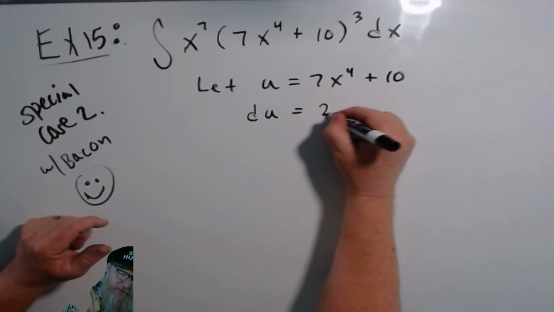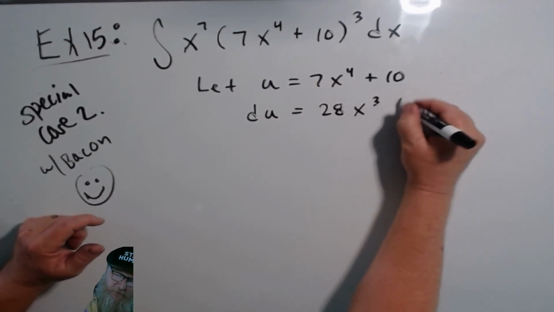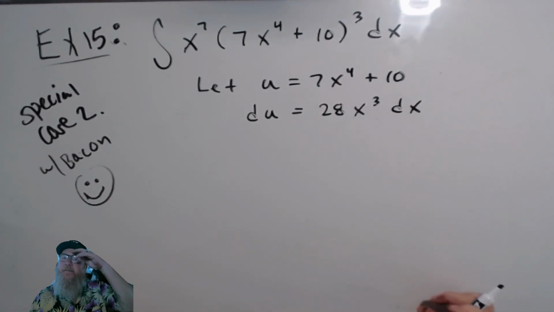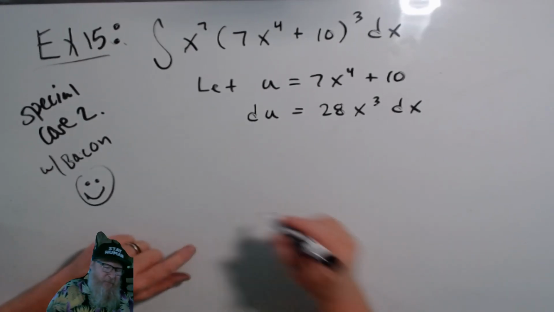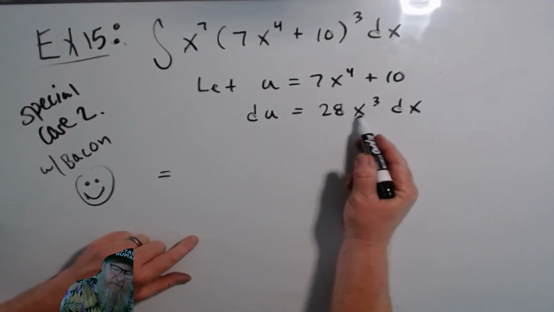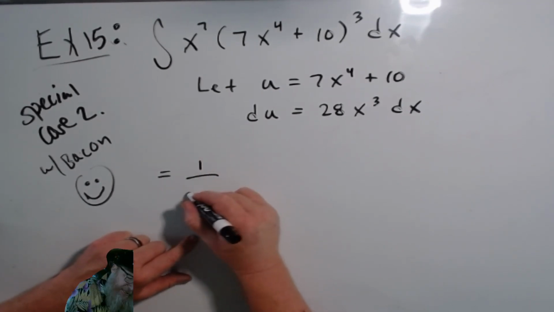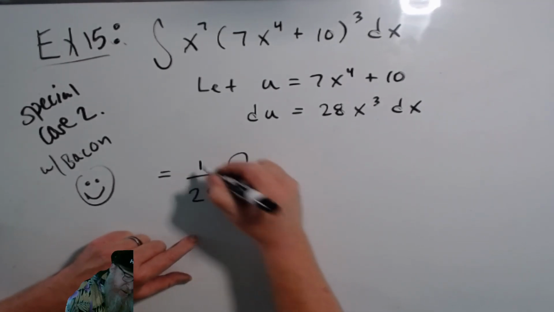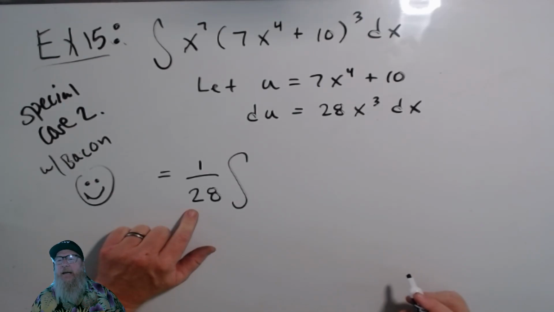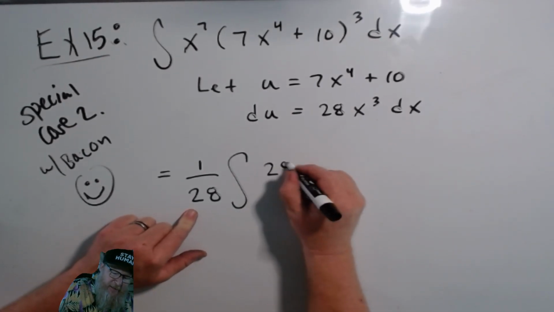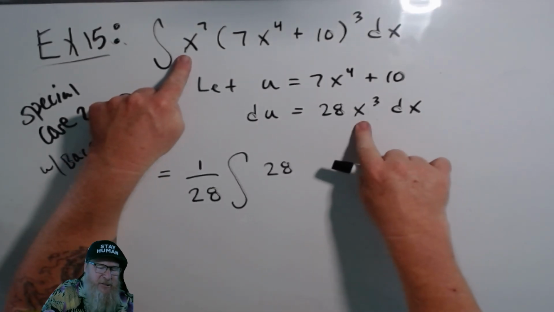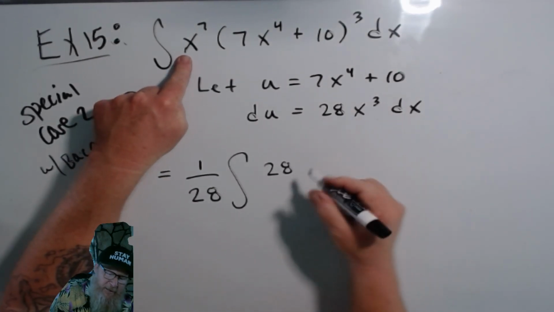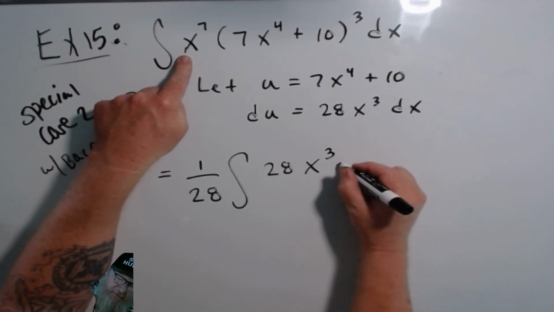Then du is 28x cubed dx. Right? And then this one's kind of tricky. Watch. We don't have a 28, so that's easy to take care of. We can put a 1 over 28 on the outside, right? And then put a 28 on the inside. That's easy. We don't have an x cubed, but we do have an x to the 7th,